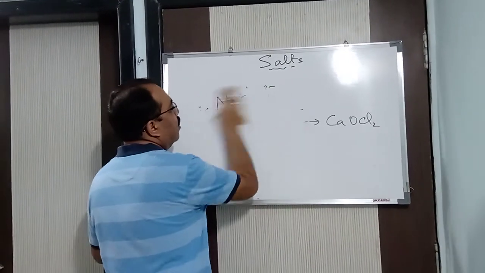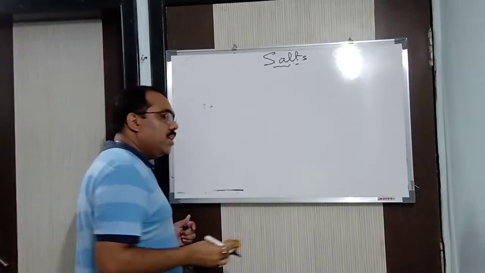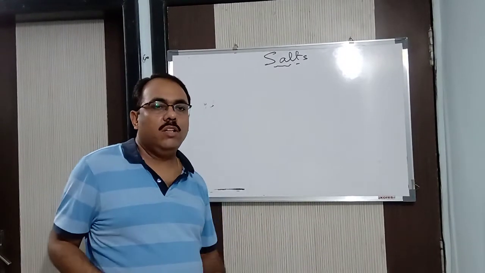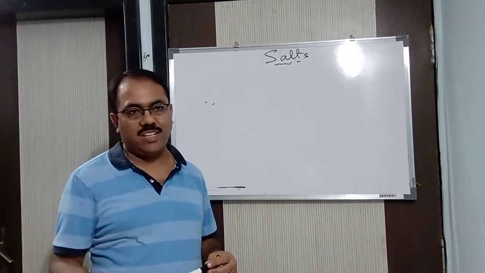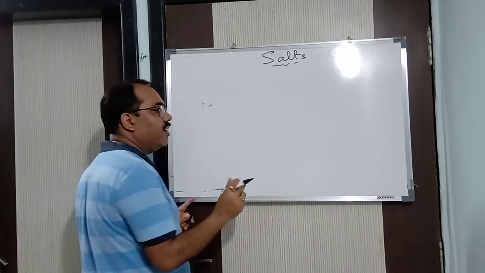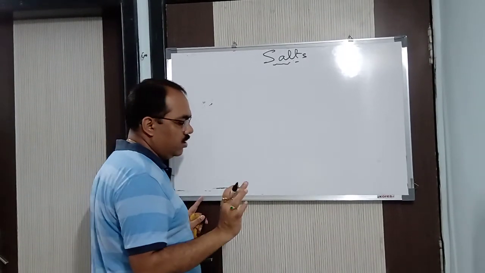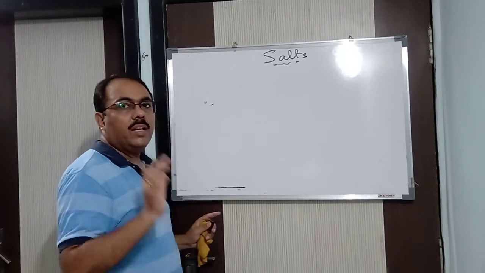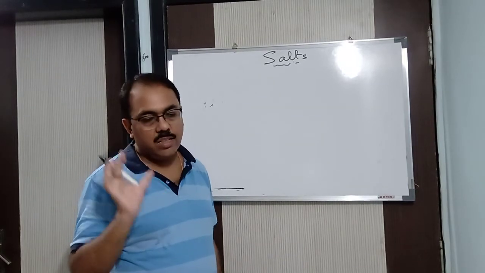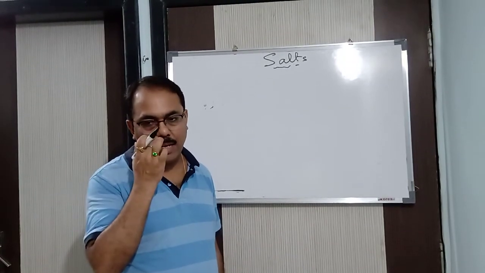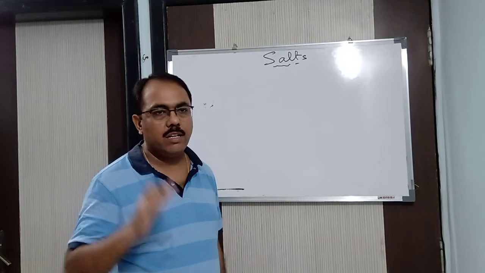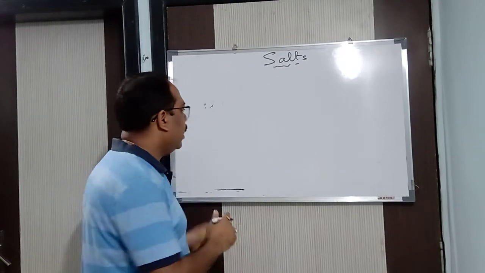Next, after mixed salt, we have the complex salt. How is a complex salt formed? Same thing: by mixing two saturated solutions of salts and then going for crystallization to recover the particular salt. In a complex salt, I'm sorry, we have a simple ion and a complex ion. Complex salt means it is made up of two kinds of ions: one is a simple ion, another is a complex ion. Alright, clear?